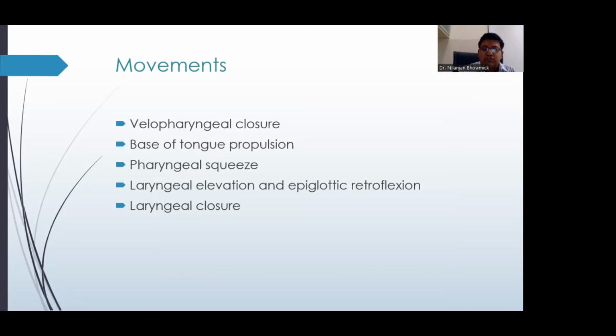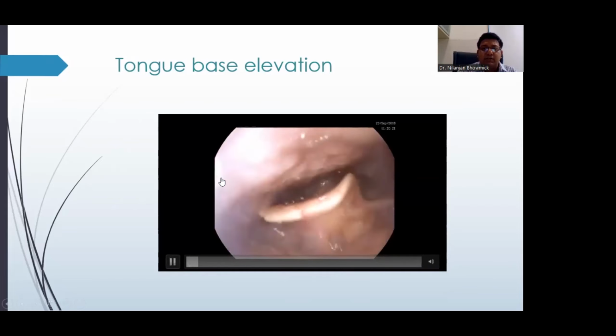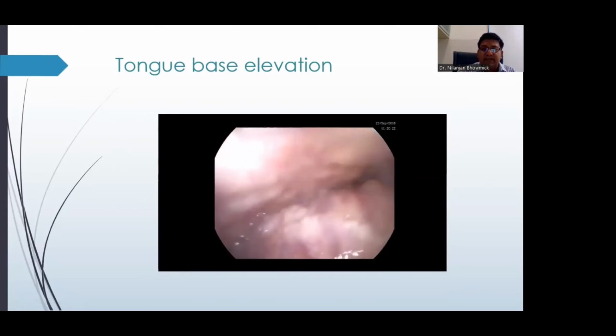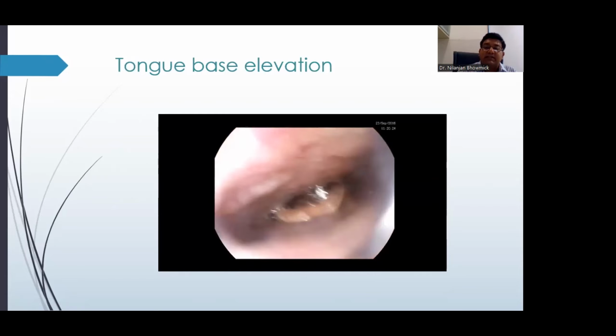We'll just play short videos of each of these movements to demonstrate how a normal movement looks like. Each of these videos is conducted with a dry swallow, so as to give better visualization. What sets off the initial pharyngeal phase is the base of tongue elevation, wherein the tongue base elevates, pushes against